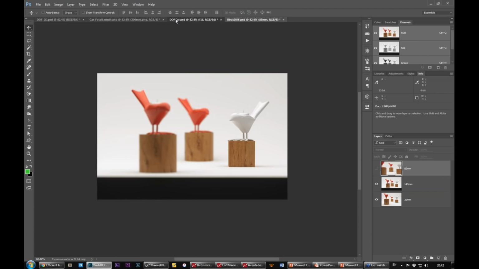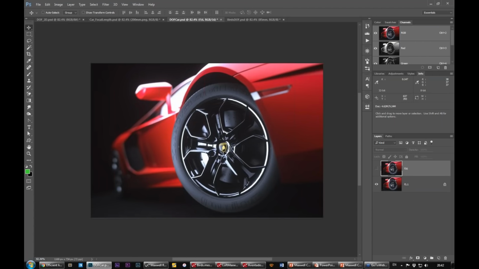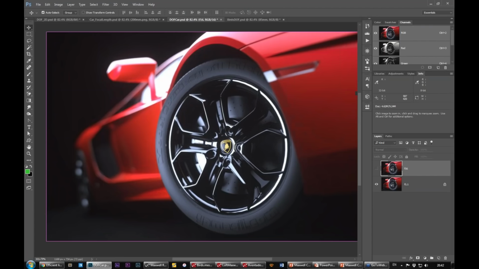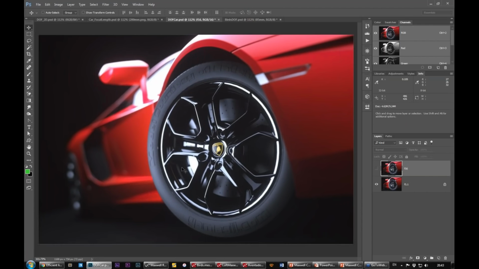And I just wanted to show you this render as well. So when should you use depth of field? When should you not use it? And I mean, it depends. It depends on where you want to guide your viewers' attention. So for example, if you had a product where you wanted to really guide their eyes to a certain feature of your product, then probably it would be a good idea to use a smaller f-stop to create that blurriness effect. So usually our eyes are drawn to what's in focus, really,